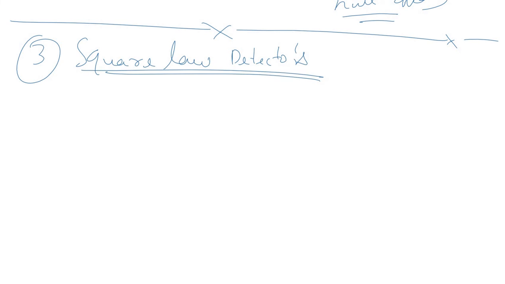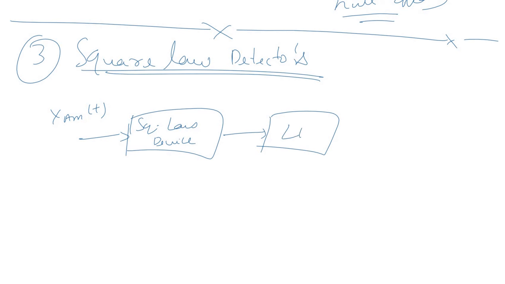Square law detector is basically a variant of the synchronous type of detector only. In case of square law detector, I'll first draw the block diagram and then we'll have a look at the working of it. We use a square law device. Input is your amplitude modulated signal, and we further pass it through a low pass filter whose cutoff frequency is again the maximum frequency component present in the message signal